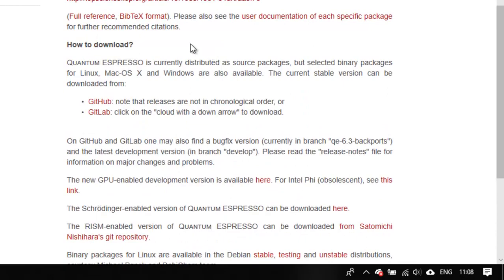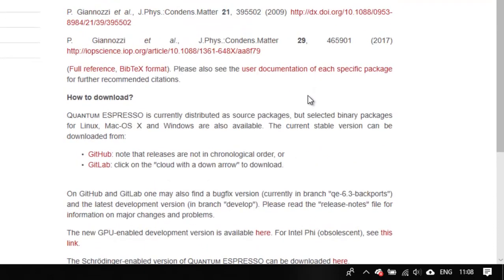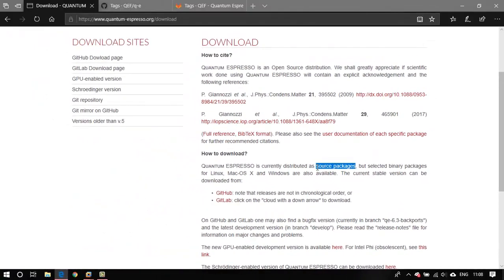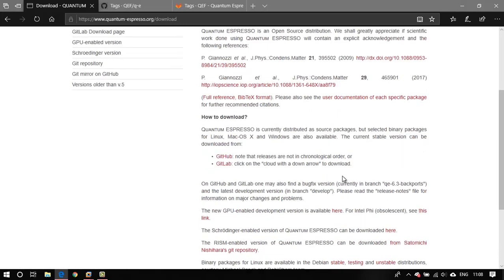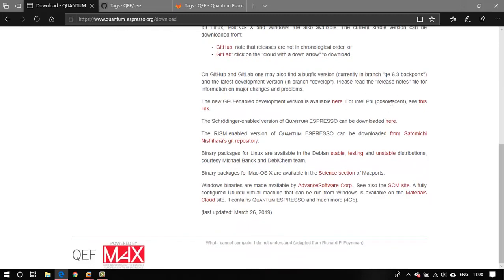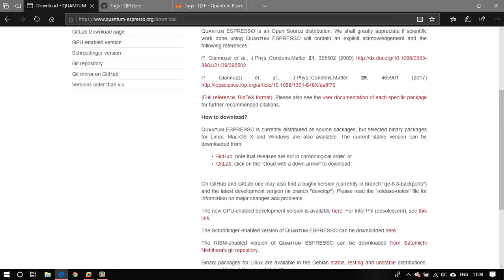However, I wouldn't recommend doing so, because when you download the source packages, you have the added advantage of being able to modify the source files and then compile it for your particular PC using the libraries that you want, thereby giving you an edge over the binary packages. And most of the time, if you download a pre-compiled binary package for Linux, it may not even work, as I found with the binary packages provided by Advanced Software Corp. Anyway, just head over to either of these links